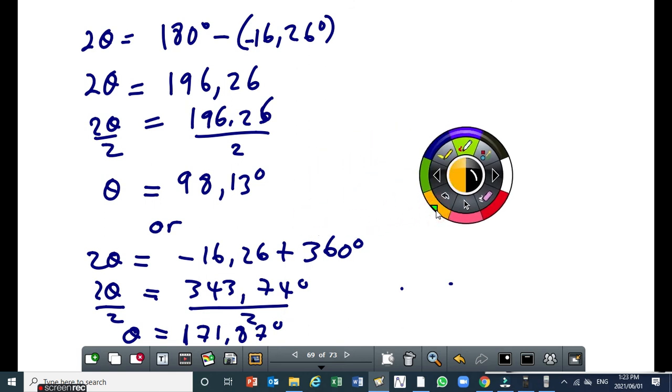So our 2 answers are going to be this one here and this one. Those are our 2 answers. So for the question, are we finding the side